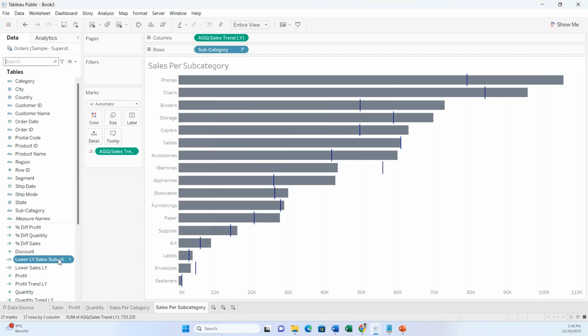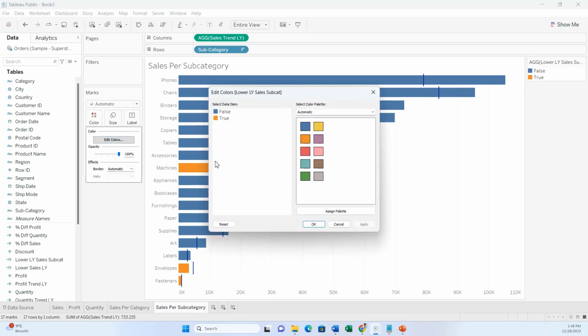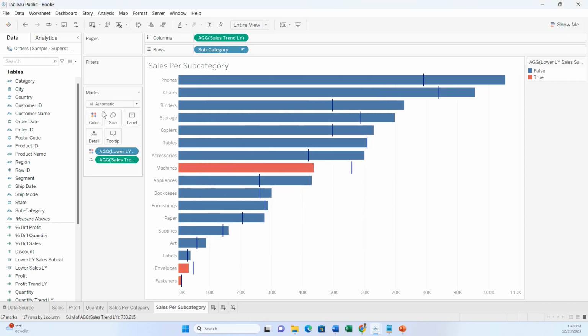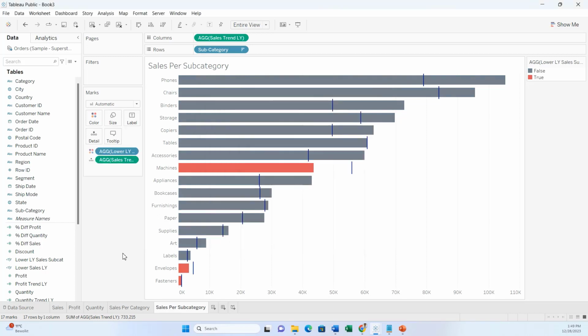We bring it here, and whenever it's true, we make the color red, and let's edit the color. For the false, we select our Seattle gray, and okay, now we have the